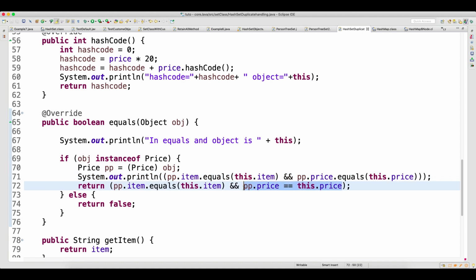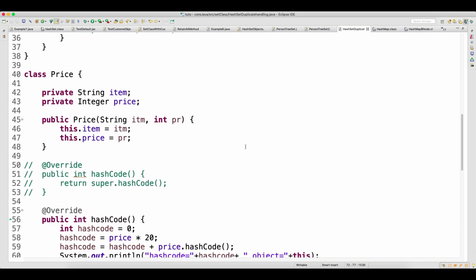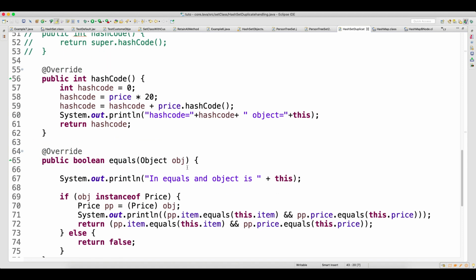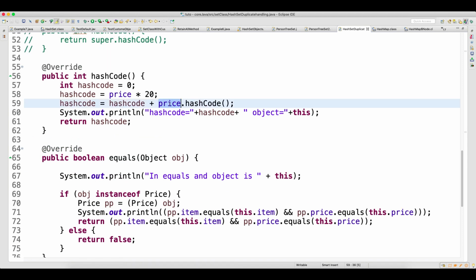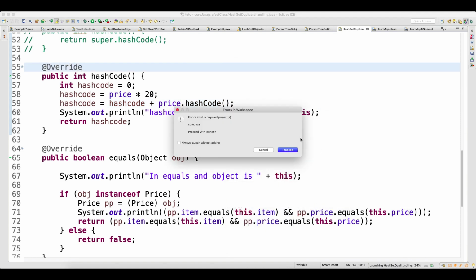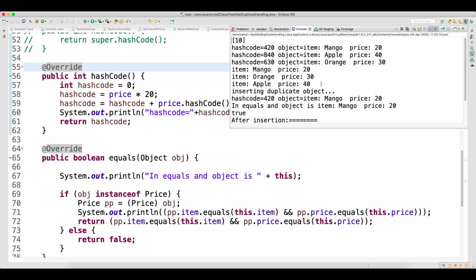Same thing you can do here: you can copy from here and add this. That's how it is, guys. Clear? If you use a wrapper class, it's a benefit for you. You can utilize the methods of the wrapper class, which I have already covered. And here also you can generate hash code on any fields. See, even if I run this program, duplicacy should be taken care of.